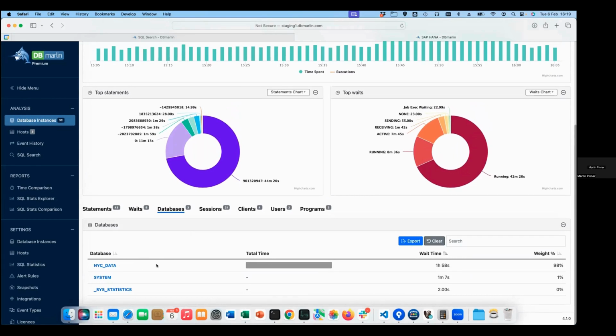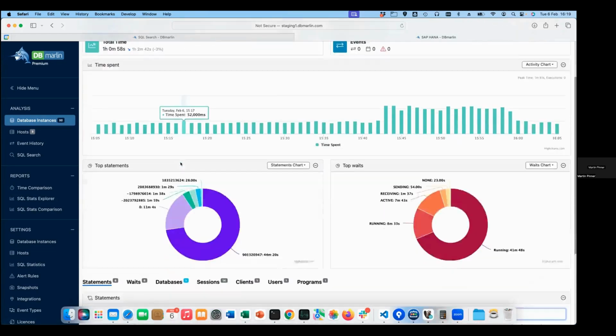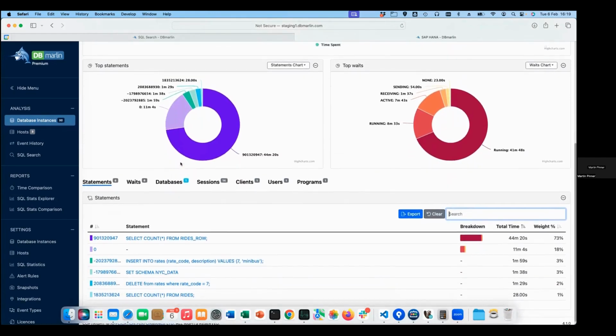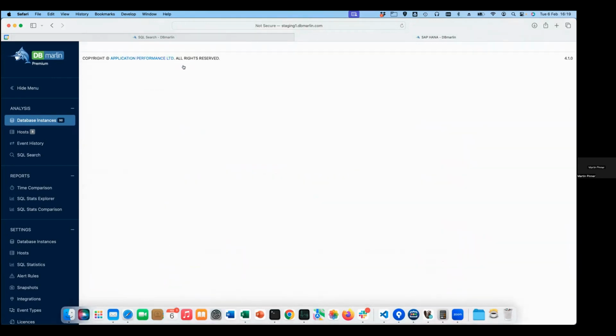This is where we've got our rides database, but there are also some other databases. You can filter by some of these things. So if you clicked on that, it would only show you statements that belong to this database. And as it happens, because it's 90-something percent of it, the list looks very similar to how it did before. If we just clear that